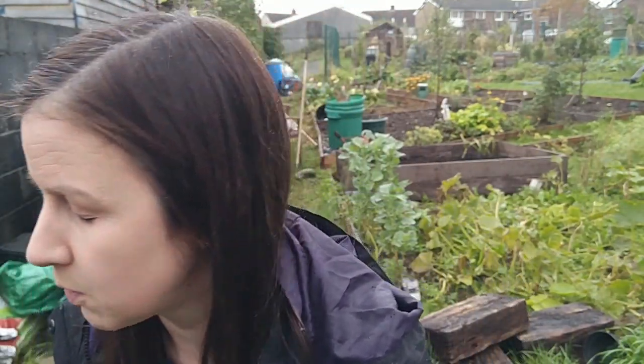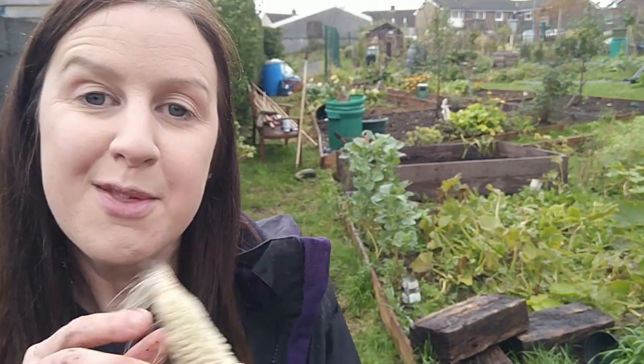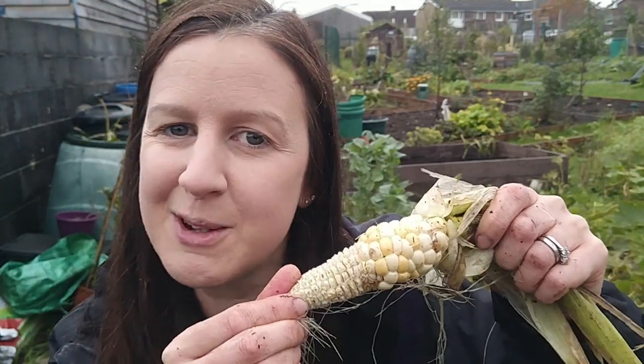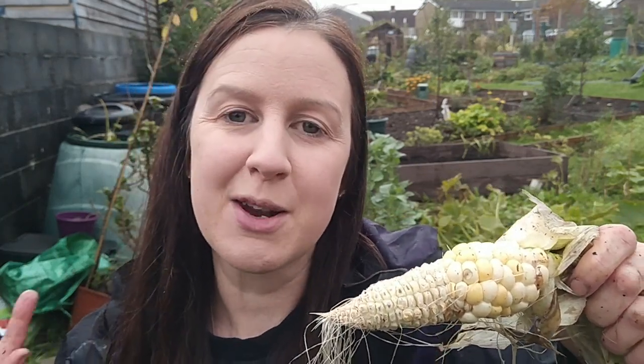I've just opened one, so I'll show you what it looks like. This is what it looks like. So I do have some sweet corn, but yeah, not very good. But I'm so pleased that I tried growing them, and I'm hoping next year I will get a much better harvest. Well, hopefully everything will grow better next year, because I only got the 4 squash this year